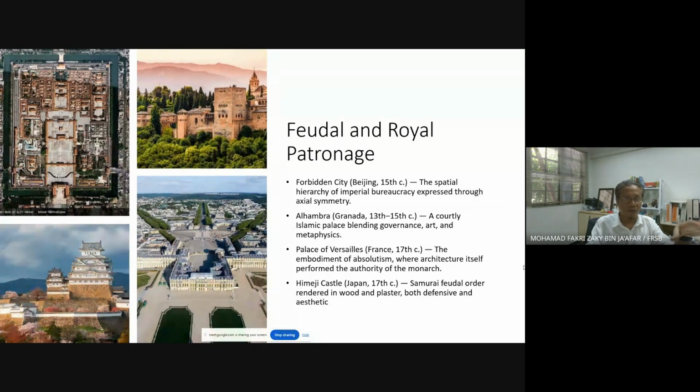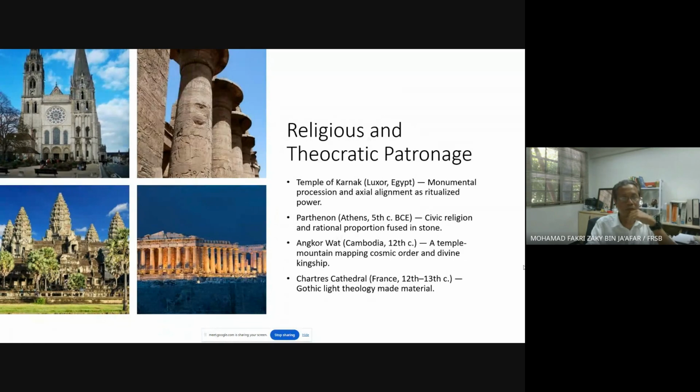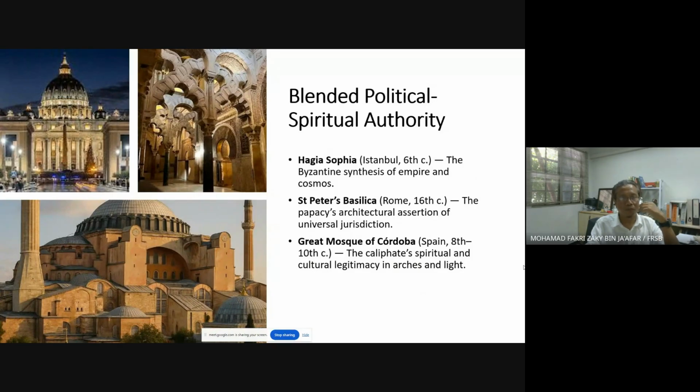But remember, during this time, architecture still happens among the masses, but that is what we call vernacular architecture. But in the past, mostly major architecture, the architecture that makes impact or signifies the civilization, is being commissioned by those who are in power. Okay, even religion was another prime design generator or prime mover for monumental or public architecture. And then we came to a time where religion and politics became embedded together. It became the symbol of power, where Christianity with its Saint Peter's Basilica, even the Blue Mosque, the Byzantine Empire, and then later on it became the Blue Mosque after it was conquered by the Muslims. But politics and spiritual authority also became dominant forces that shape